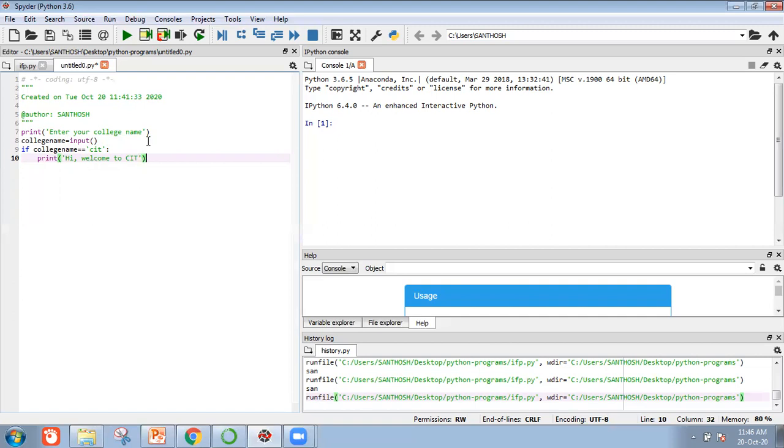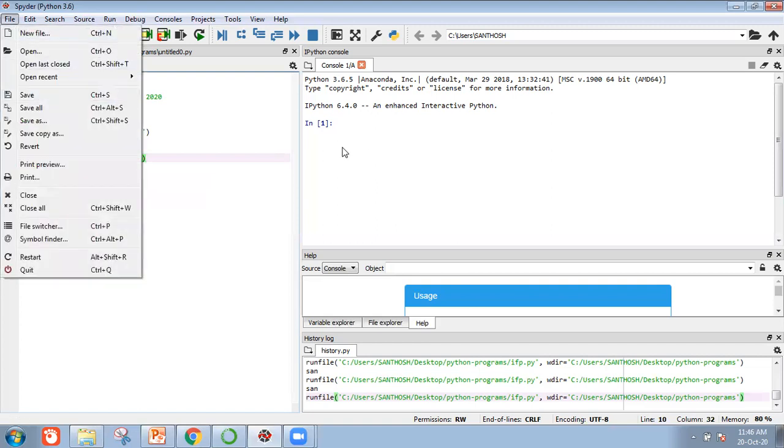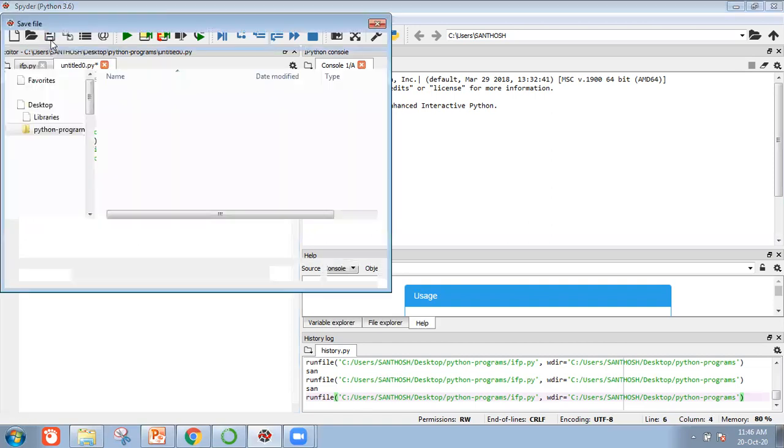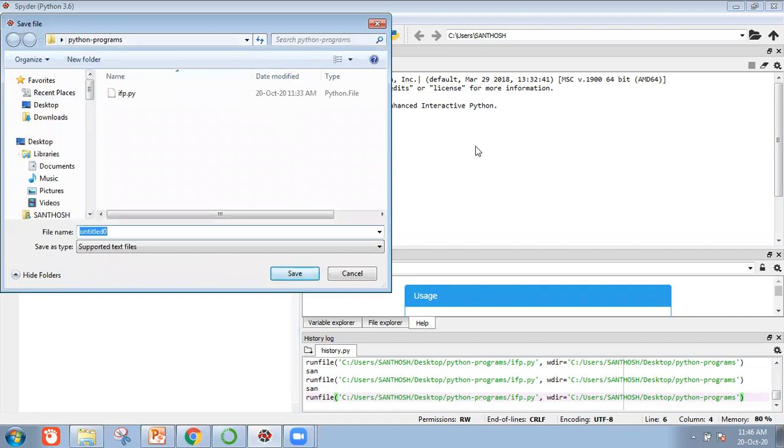Okay, first you save this file. After typing this program in your workspace, in your IDE, you have to save this file. For save, go to File, Save. Otherwise, here we have the save icon, so click this save icon. And then create one folder and keep your files inside that folder. Keep the programs you are typing in separate files, and it will be very helpful while you are reading. Next, here you type your file name.